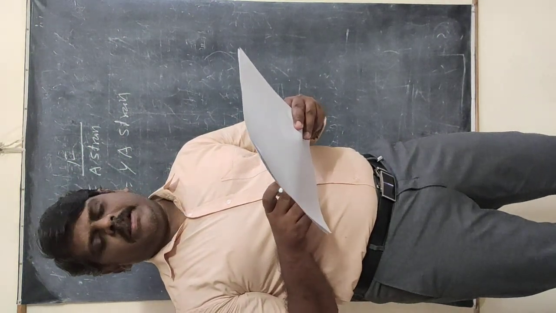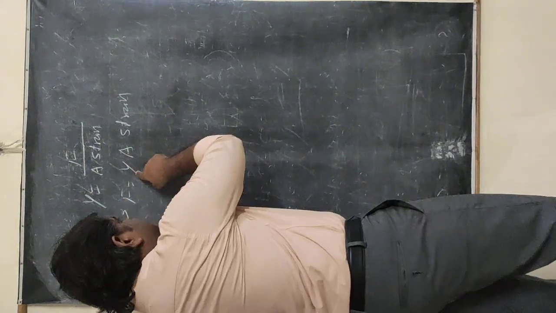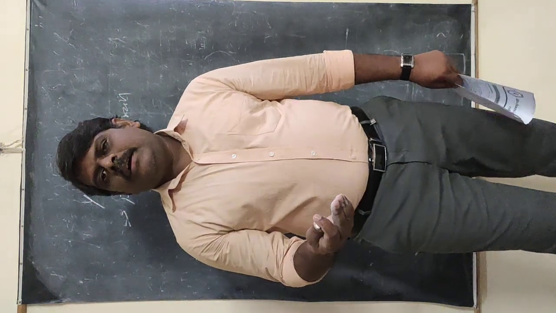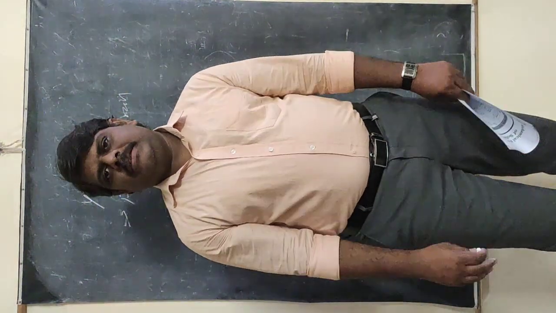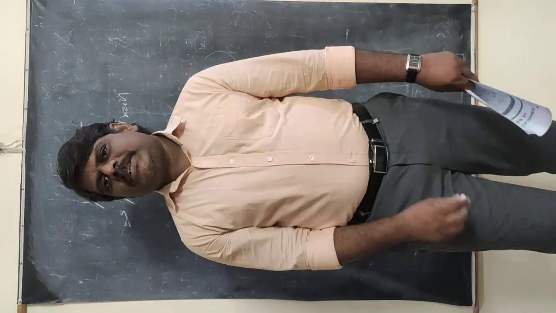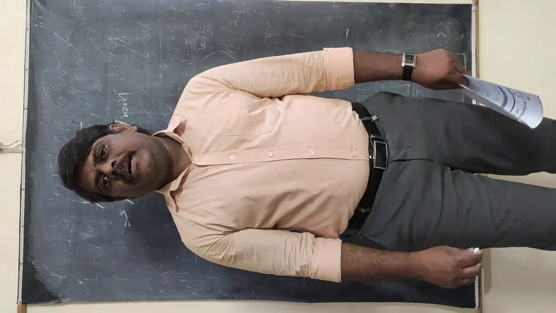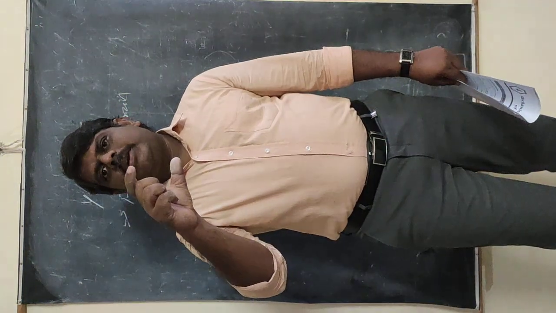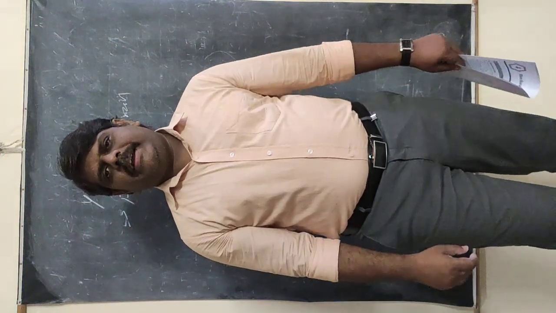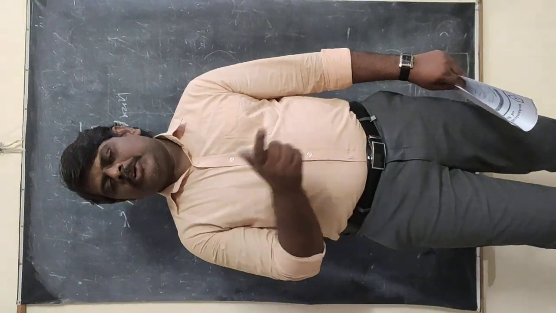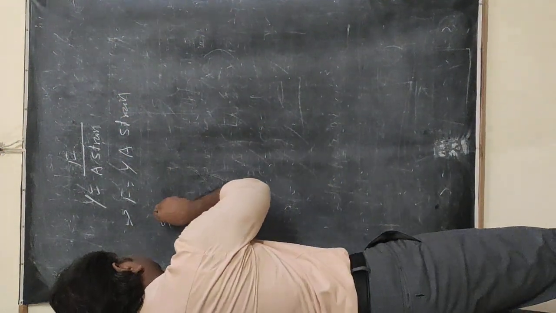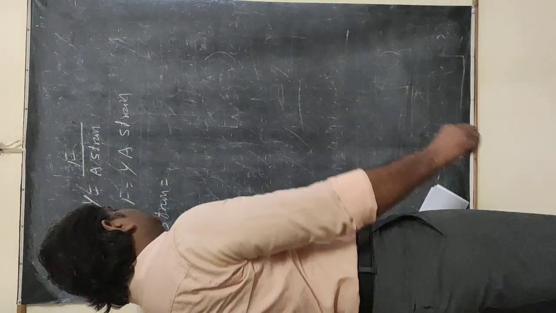Young's modulus is given as capital E. That means we have the Young's modulus and the A value. We have to find the strain. What is the strain? Change in length by initial length. Instead of diameter, let us find the circumference, which is 2 pi r. First, the radius of the ring is smaller, and it is expanded up to capital R. Then the change in circumference is 2 pi capital R minus 2 pi small r.